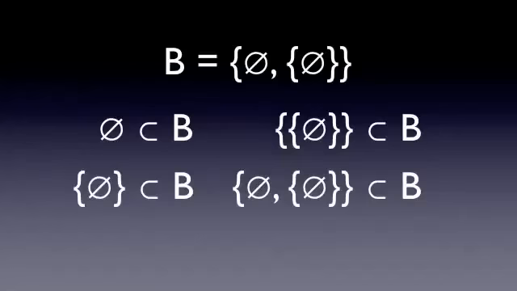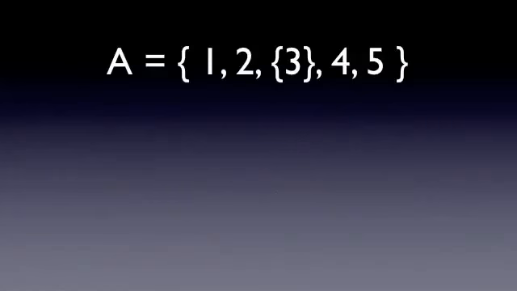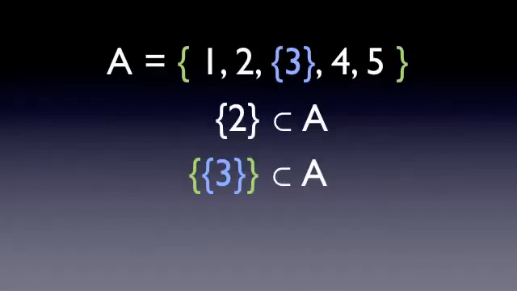Remember that this is slightly different from how we define subsets for set A. For set A, we need a pair of braces to show that the subset containing 2 is a subset of set A, and we need 2 pairs of braces to show that the set of 3 is a subset of set A. So in this video, we've gone into a little bit more detail about elements and subsets. In the next video, we'll look into determining the cardinality of a set,